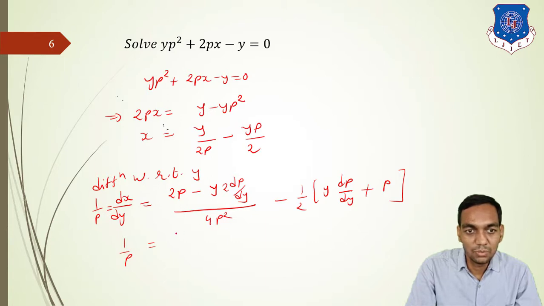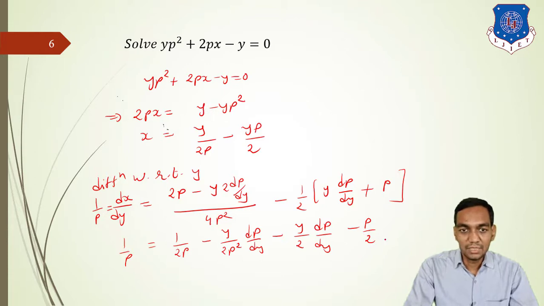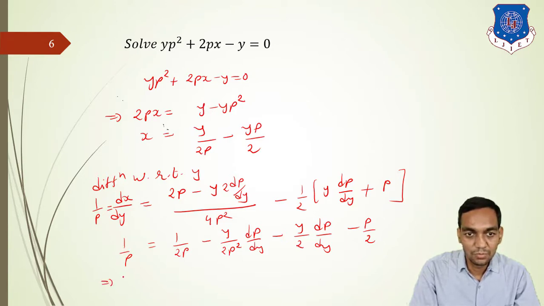2p upon 4p square, that is 1 upon 2p, minus y upon 2p square dp by dy minus y by 2 dp by dy minus p by 2. Now taking the terms of dp by dy on the opposite side, and taking the terms of p this side, that will give you, see here dp by dy and y common out, so y dp by dy common, okay, and you